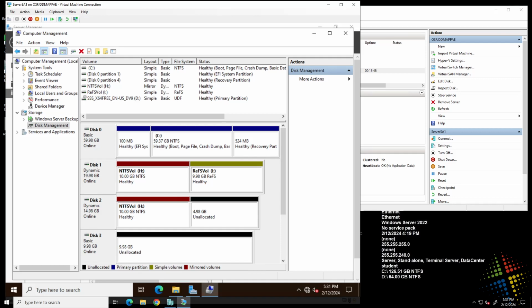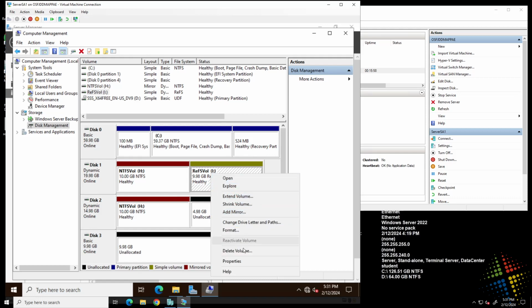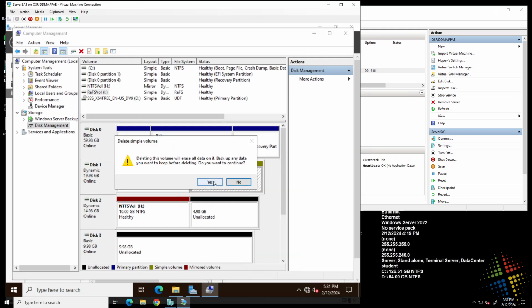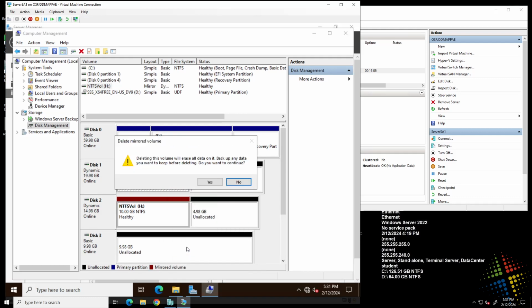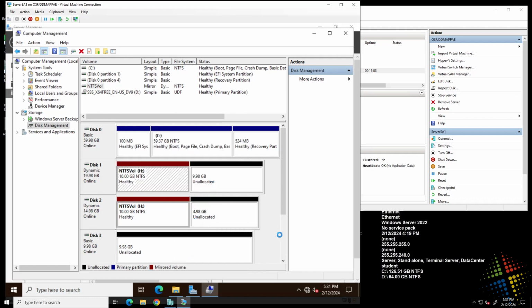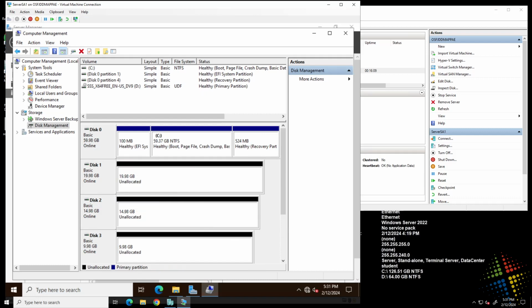Next, we want to create a RAID 5. In order to do that, I will need all three: disk 1, disk 2, and disk 3. So I need to delete the volumes I've already created. I'm going to go ahead and right click ReFS and just say delete volume, and yes. Same thing for NTFS, right click, delete volume, and yes. When that's finished, I'm going to go ahead and right click disk 1, and I will say new RAID 5